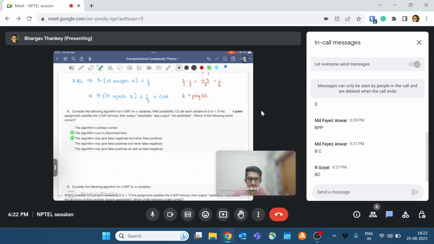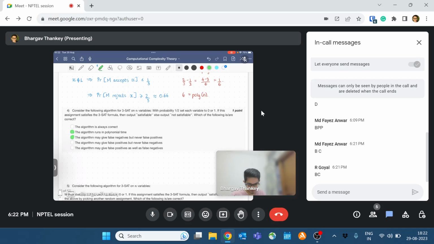So finally, the Boolean expression will come out to be true only if it is a satisfiable assignment. So it can never result in a false positive. Right, if a formula is not satisfiable, there is no way this algorithm is going to find a satisfying assignment. So it can never report false positives. That is true. However, if a wrong assignment is given, it is quite possible that a formula, despite being satisfiable, we may get a non-satisfying assignment. So it may give a